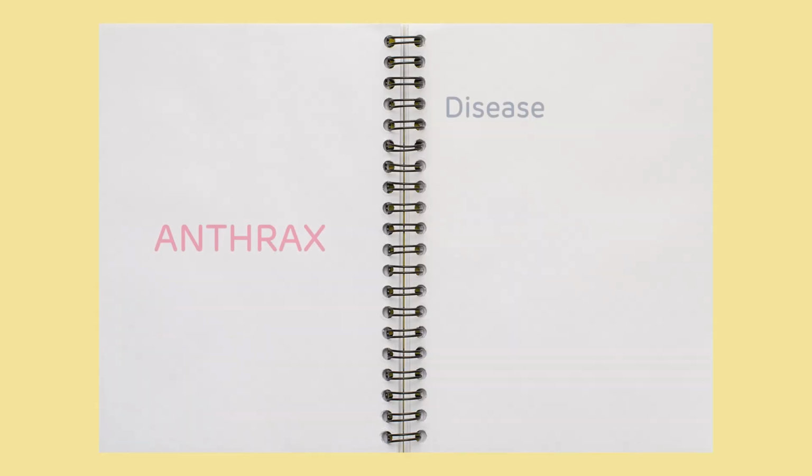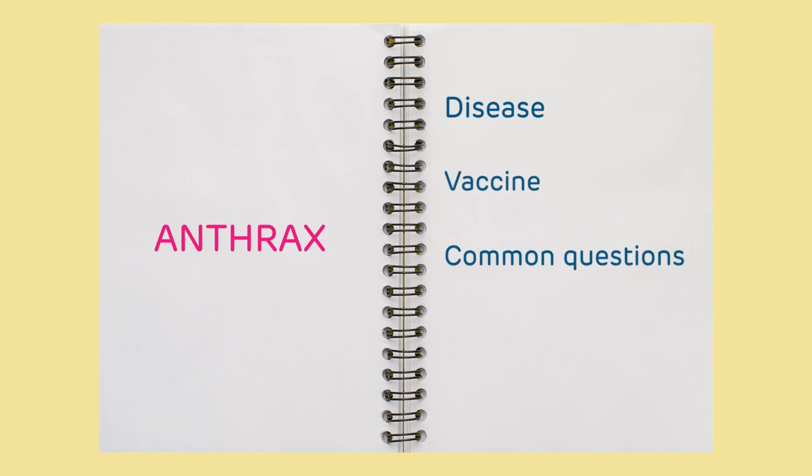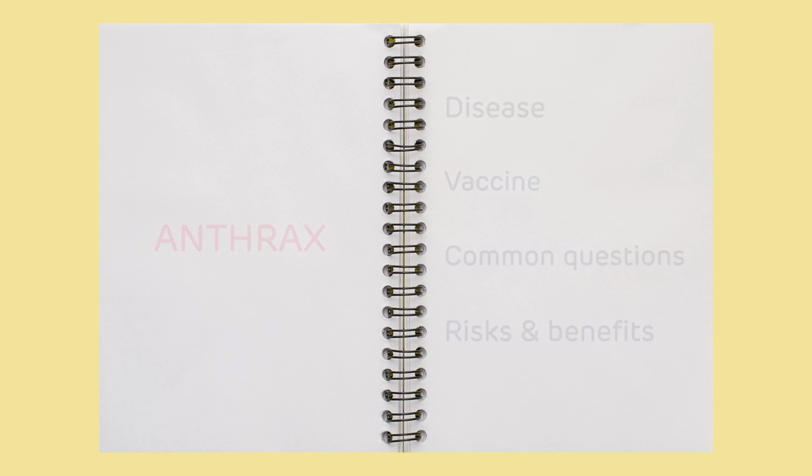In today's episode, we'll talk about what makes this pathogen suitable as a bioweapon, and we'll also talk about what typically causes the sporadic cases that we see each year in the United States. We'll also talk about what area of the United States is more prone to having these cases, including where you can find the anthrax triangle. As in other episodes, we're going to talk about anthrax disease, including the 4 different forms of this disease that occur. We'll also talk about the vaccine and common questions we receive here at the Vaccine Education Center, as well as the relative risks and benefits of this vaccine. So let's get to it.